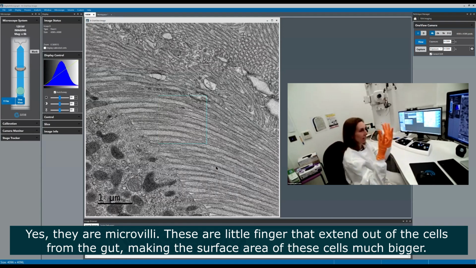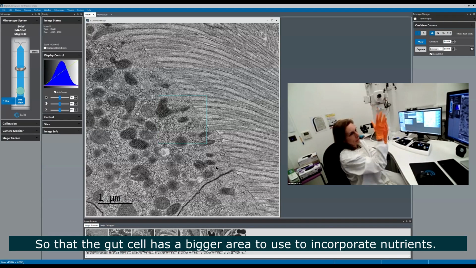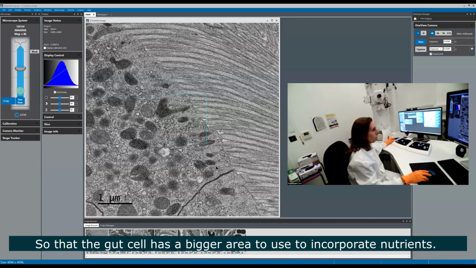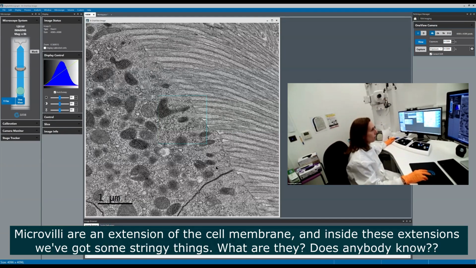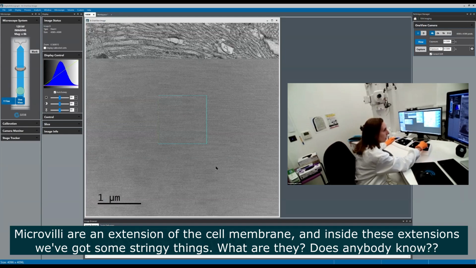Look, they are these little fingers that extend out of the cells in the guts, and they make the area of the cell, the area that the cell has to incorporate nutrients, much bigger. So the cell has a bigger area to incorporate nutrients. The microvilli are an extension of the cell membrane, and inside this extension, we've got some